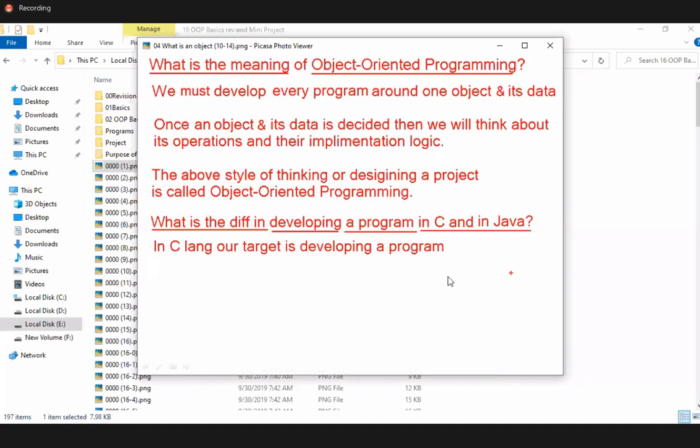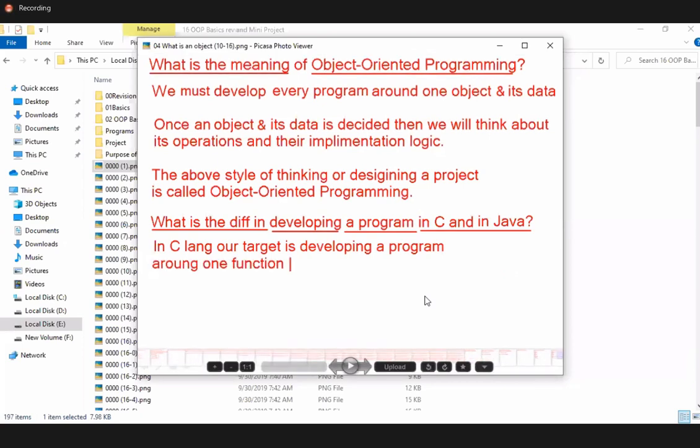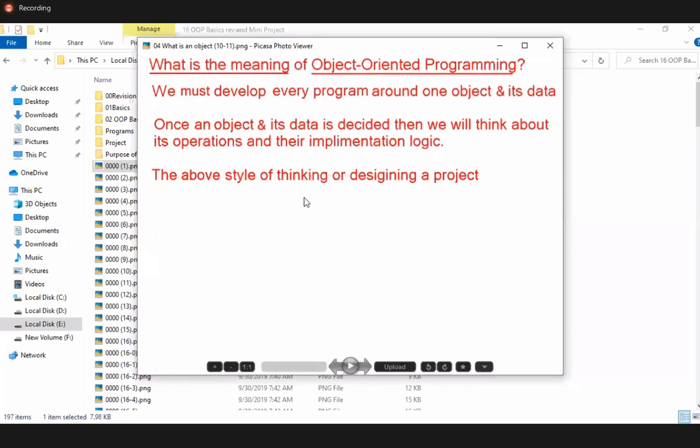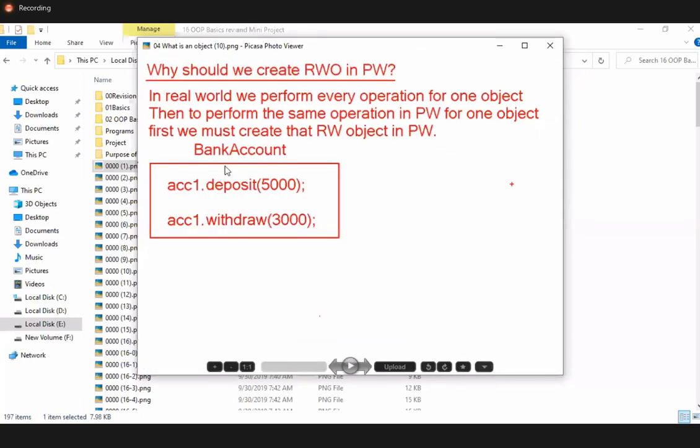I think these points were explained, but you didn't write notes. Look at here. What is meaning of object oriented programming? We must develop every program around one object and its data. Just now I told you, here object is what? Bank account. Then what is this data? What is data? Bank account data. Okay, bank account data is,